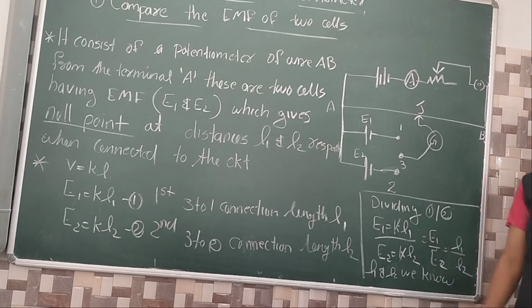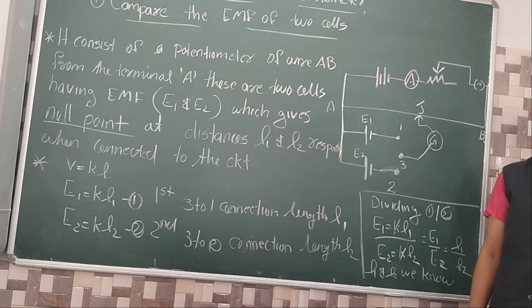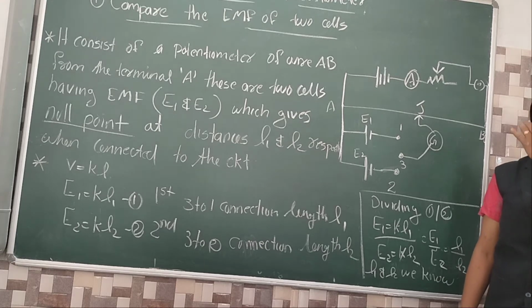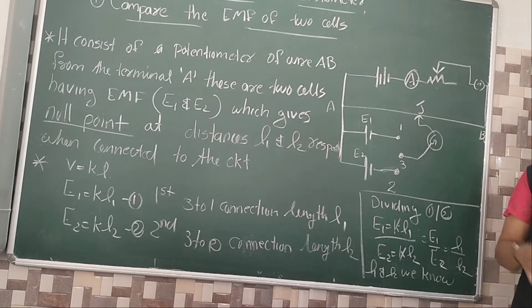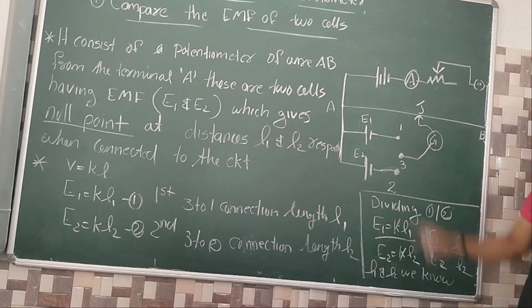What is the use of ammeter, Pradiksha? Ammeter का यूज क्या है? To read current, it will read the current. What is the use of galvanometer? To detect current. So ammeter is to read the current, galvanometer is to detect the current. If current is present, I will see it in the galvanometer, but I won't get the reading. But what will the ammeter do? I will get the presence, and along with it we will also get the reading. ठीक है? That is the ammeter.